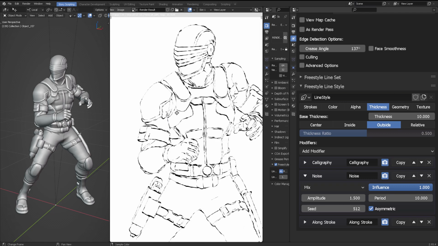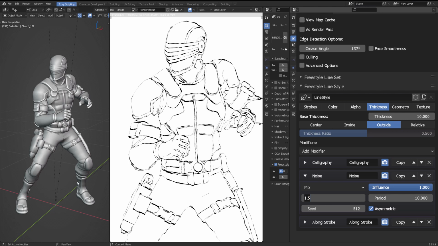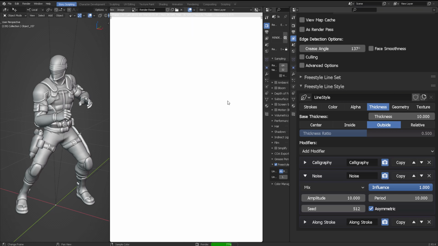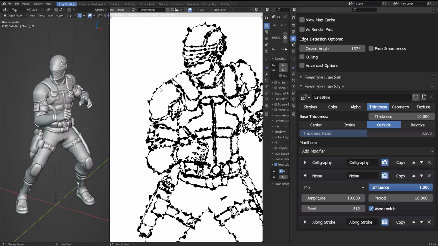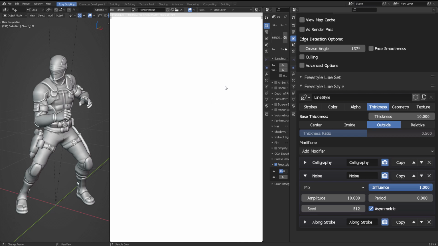So let's do something. I'm going to go back into the amplitude of 10. Let's suspend everything back again. Let's press F12. We're going to get all of those nasty lines, but we want to make them more continuous, okay? And for that we need to go to period. If I set this period to 0, which is going to mean the frequency, we're going to get kind of this clean line. Well, not really clean, but not really noisy though,